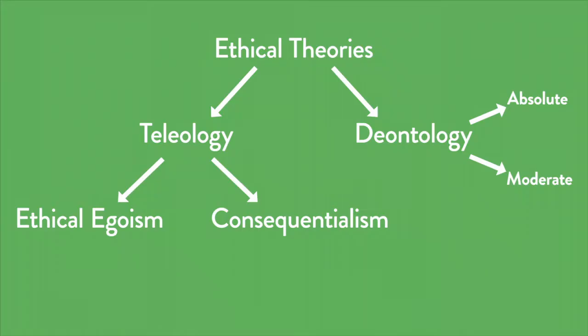Now, of course, looking at the chart, we see that teleologists disagree about the goodness of outcomes for whom. You've got the ethical egoists saying it's only the goodness of outcomes for you, while we have the consequentialists who say, no, it's the goodness of outcomes for everyone involved. But again, if you're an ethical egoist or a consequentialist, you still agree that morality is only about the goodness of outcomes. It's about impact. The consequences. It's not about your intentions. It's not about your motivations or anything like that. It's just the outcome of your actions.